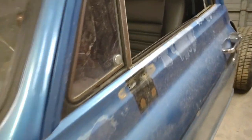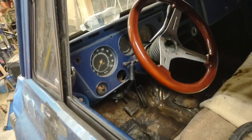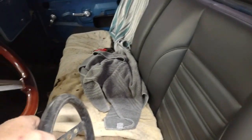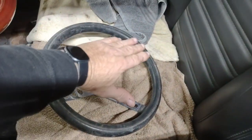Now, you may have the same problem. I don't know. I'm here to just kind of help other people out diagnostic-wise. So let me show you something. This is not the original seat. This is a TMI. The original seat would have been, this part here would have been almost up to here, almost even with that, and the seat bottom would have been up just a little bit higher. So just imagine